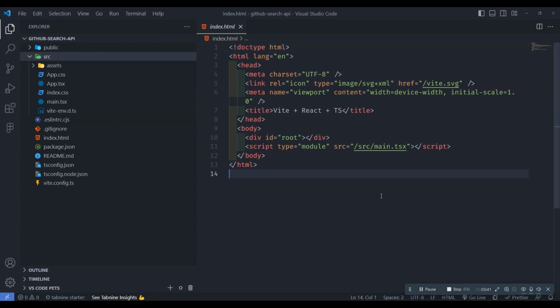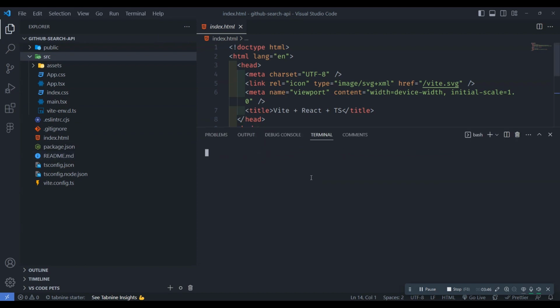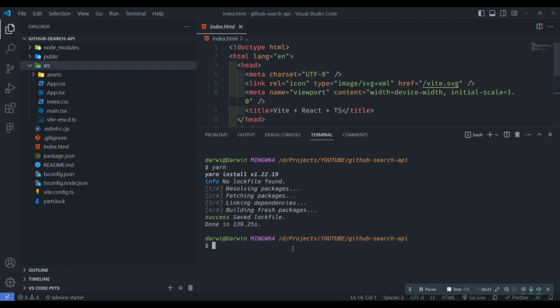And this is inside the index.html file. To run the app, we need to install the dependencies. To do that, we open the terminal and type yarn, because we are using yarn. If you are using npm, you can type npm install. And then for the dependencies, we need to install React Bootstrap,